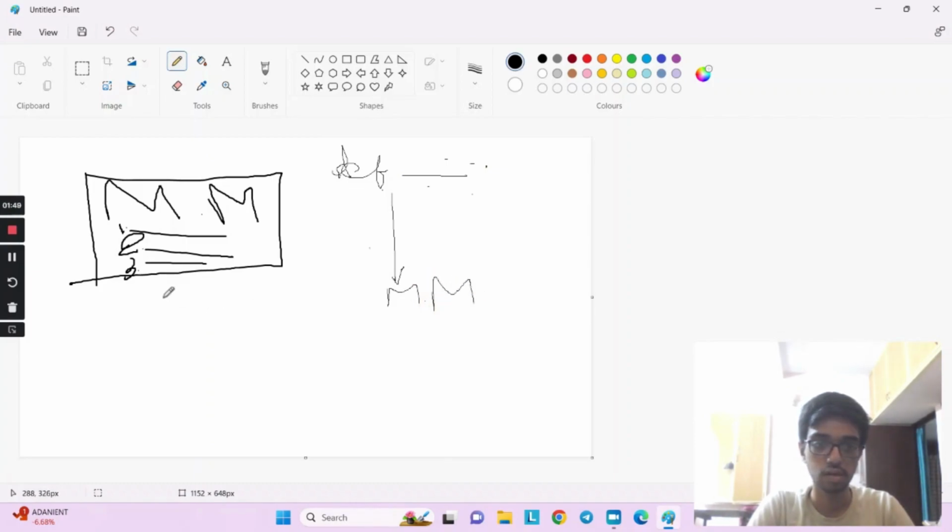Otherwise, I can introduce this menu right here, and then do as many iterations as possible. As many in the sense, how many iterations? Iterations for the number of commands that are given.